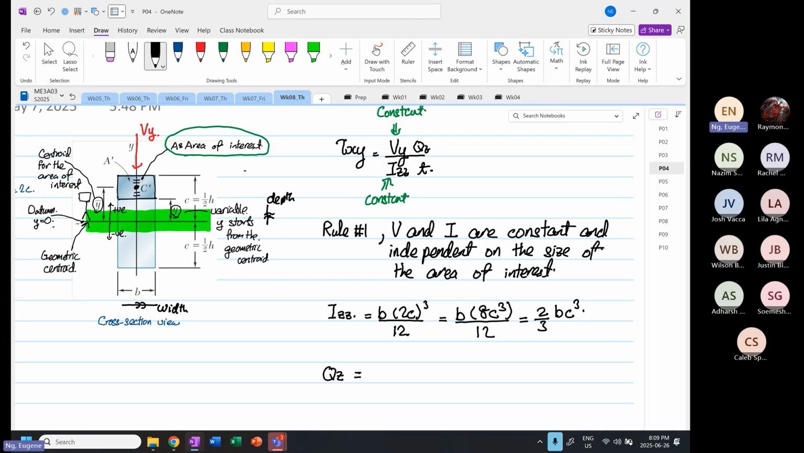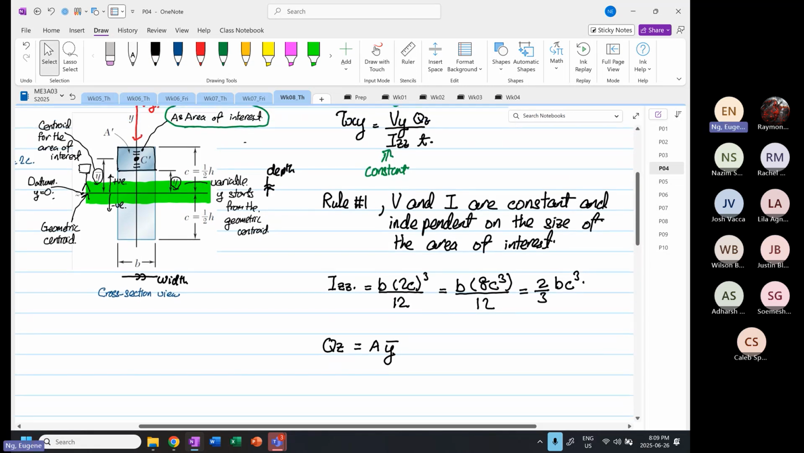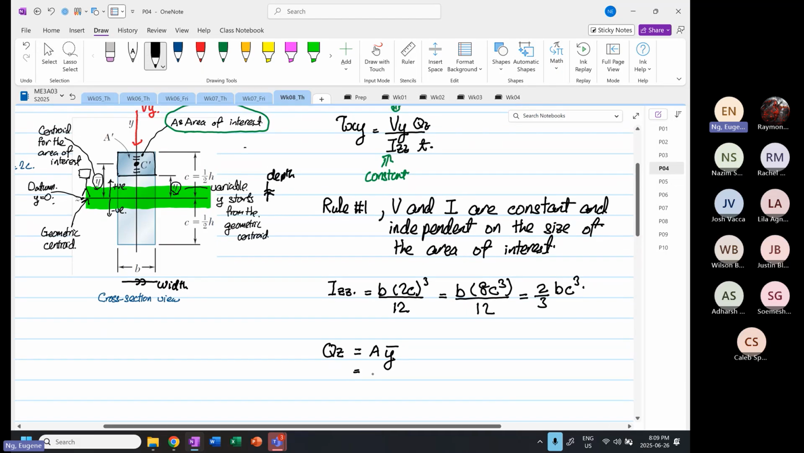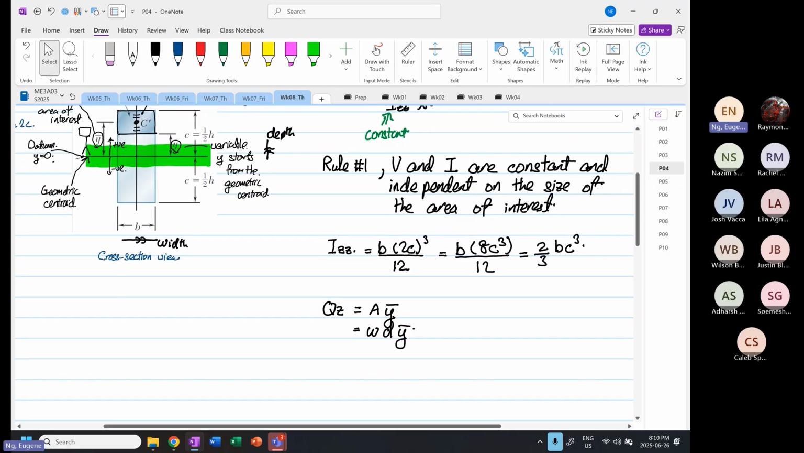Our Q_z is equal to A Y bar, as you can see, like what I showed you before. So for the area, what I like to do is go to width, depth, Y bar. Okay, I like to go to width, depth, Y bar. So Q_z now,